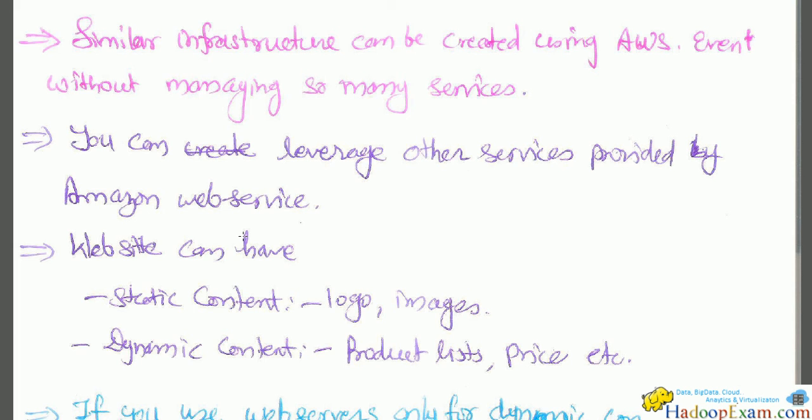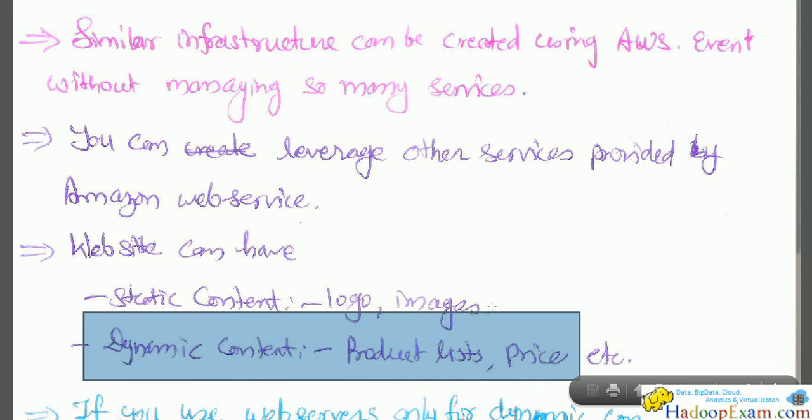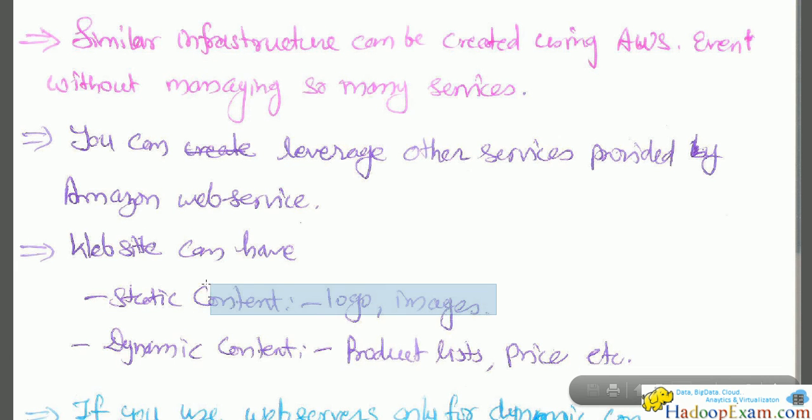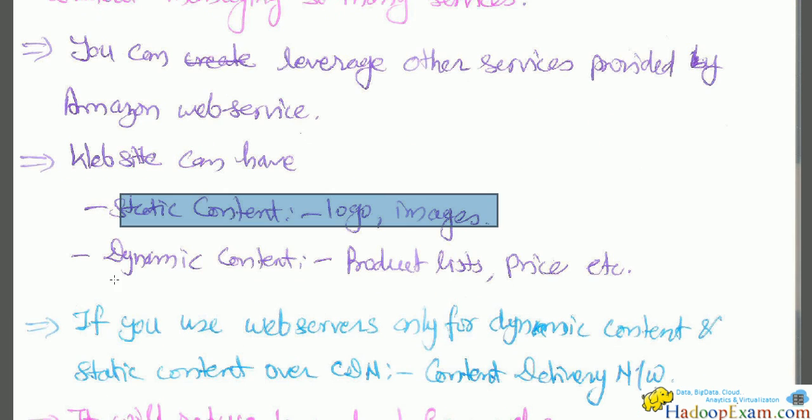So static contents are logos and images, which are regularly needed by your websites, and the dynamic content is the product list and prices, which keep changing, as you keep adding new products and deleting existing products. But static contents like images and logos remain the same, correct? So these can be segregated, and logos and images can be served using the content delivery network,